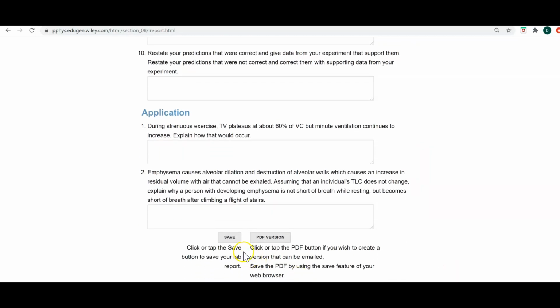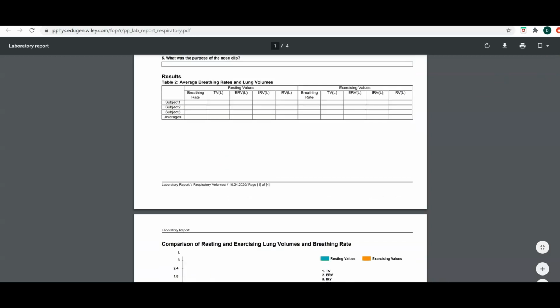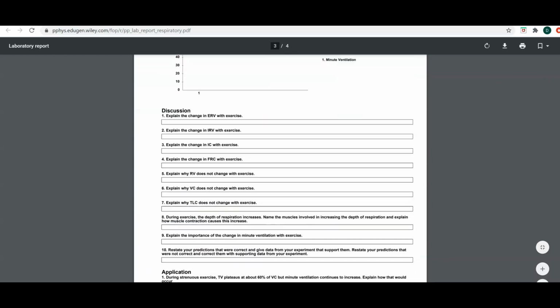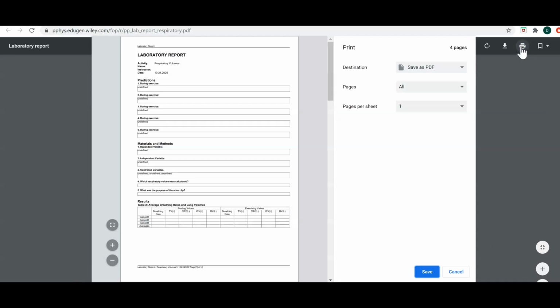And when you're done, you want to click Save to save your lab report and print a PDF version or click a PDF. So you would click this button. It's going to generate this laboratory report. And then you need to save this to your computer. To do that, you would download, or you can print a PDF, whichever one you're more comfortable with. To print the PDF, click that print button, save as a PDF,